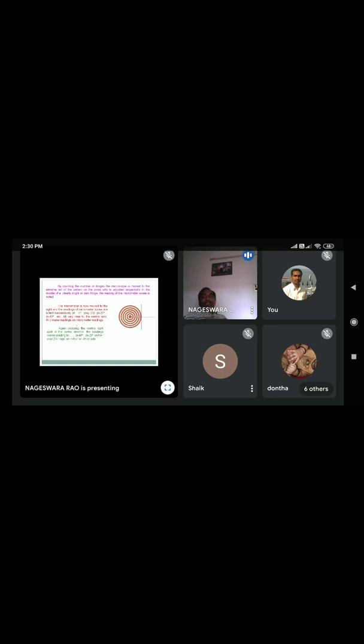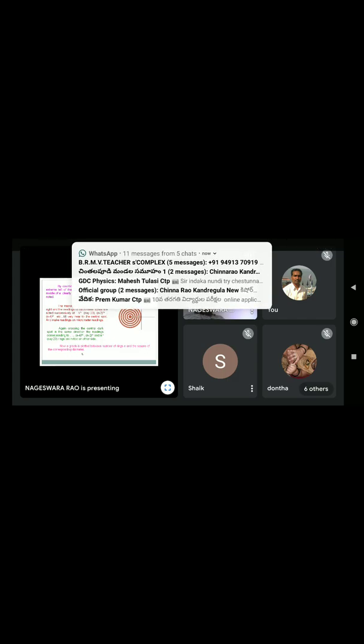Again, crossing the central dark spot in the same direction, the readings corresponding to n minus 4, n minus 2, and then this way towards the right side, we have to take the reading and note it on the other side. Now a graph is plotted between the number of rings n and the square of the corresponding diameter. So already you discussed this, the distance between this reading and this reading is equal to the diameter of this ring. It may be 20, and we have to take the square of the diameter, that is d square.